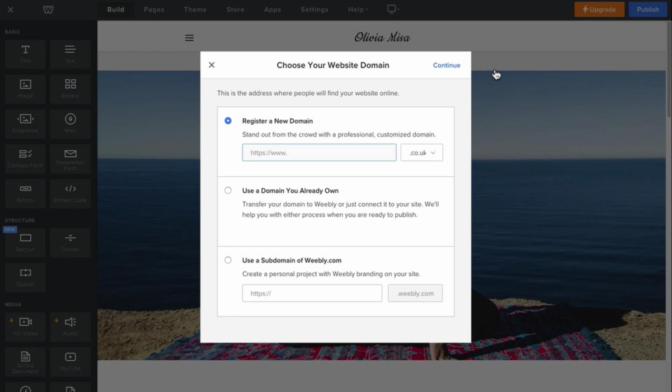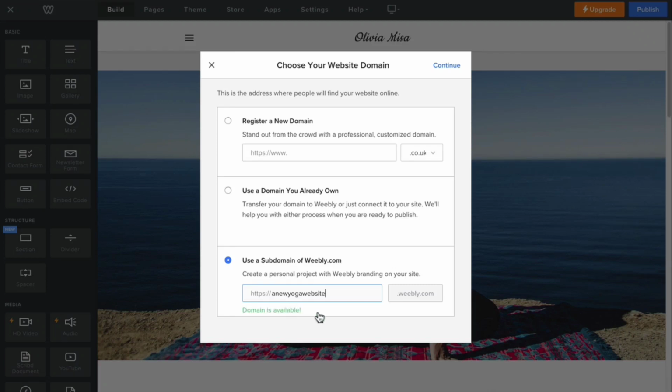If you already have a domain name registered, you need to check the second box, which means that you're going to either transfer your domain name to Weebly or keep your domain name where it is and connect your new Weebly website to this domain. And either way, Weebly will take you through the stages that you need to follow. And the final option allows you to host your website for free under the weebly.com domain. So for example, you might end up with a website which is called a new yoga